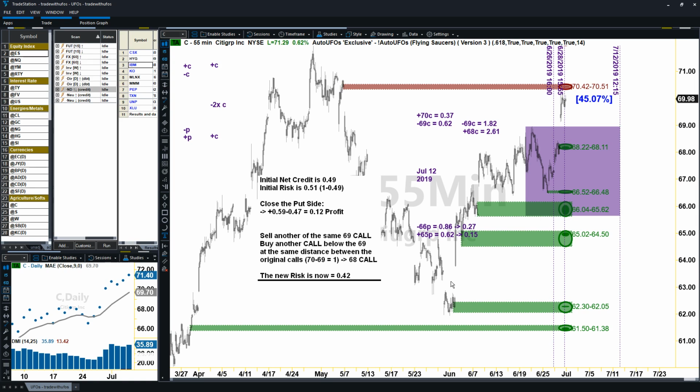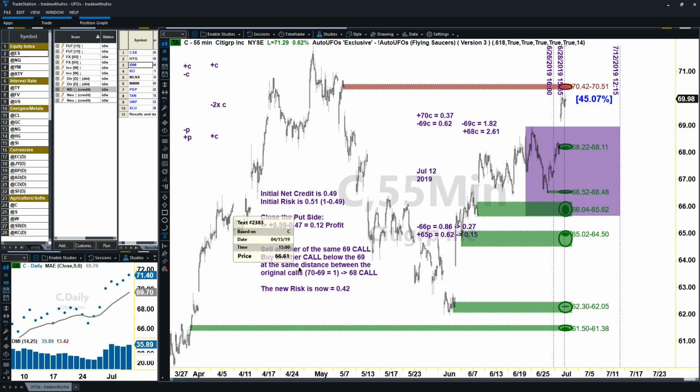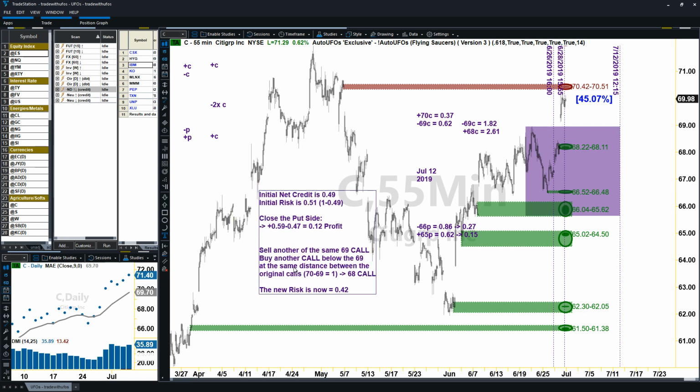So hey, I am in a situation which is problematic. It's looking like I'm gonna lose. If I lose, I'm gonna lose 51. Let's switch the mode to damage control. And by doing that, next thing you know, now my risk is 42, which you may look at like it's a small value,